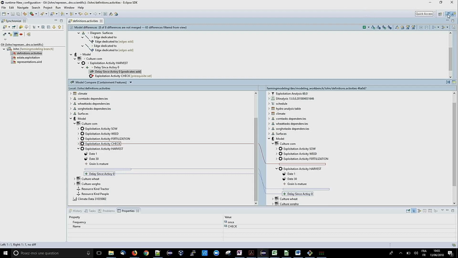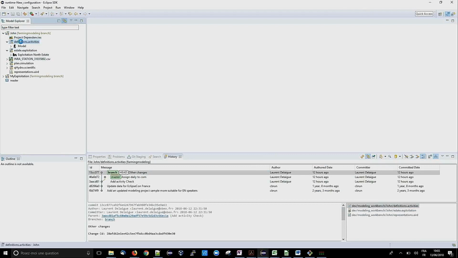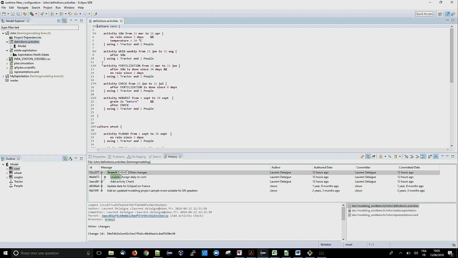So, just a second before I show a comparison, I have here a model that is made of both a textual syntax to describe cultures. So you can describe the activities to perform to achieve some culture. It's an imaginary DSL that we've already shown at EclipseCon, so I will use that one. You can describe that to cultivate corn, you have to perform the sow activity, then the weed activity, then fertilization, then check, and then harvest, and so on for each culture. So that's a DSL that allows you to put constraints of this kind of activity and so on. It's a textual DSL, and then